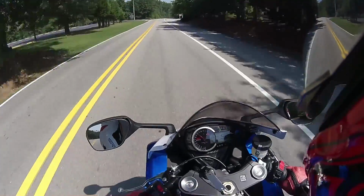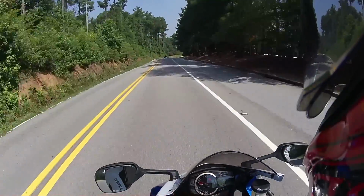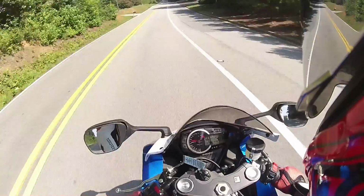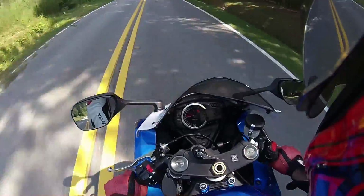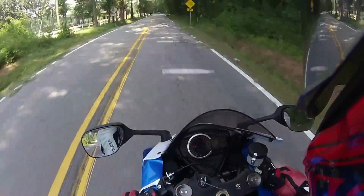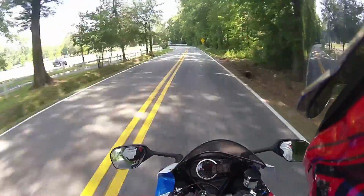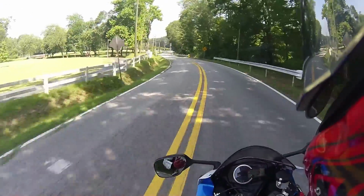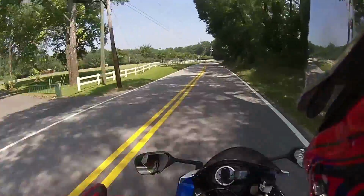Oh, that bird almost hit me. That's awesome. I'm in 8,000, and I don't feel the engine kicking in like I would with the R6. Even then, I don't really know. I think this bike has a lot more power throughout, but I don't feel like it has as much... that was a big old speed bump. I don't feel like this bike has as much power in the rev range,